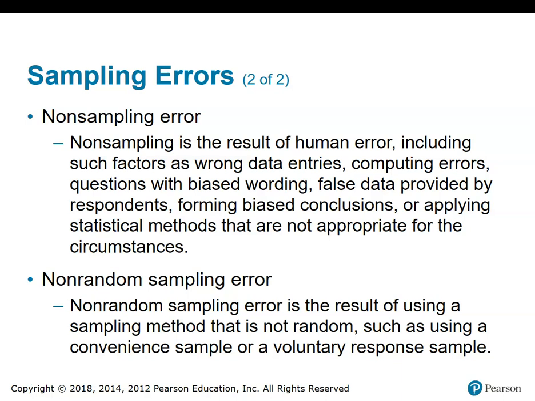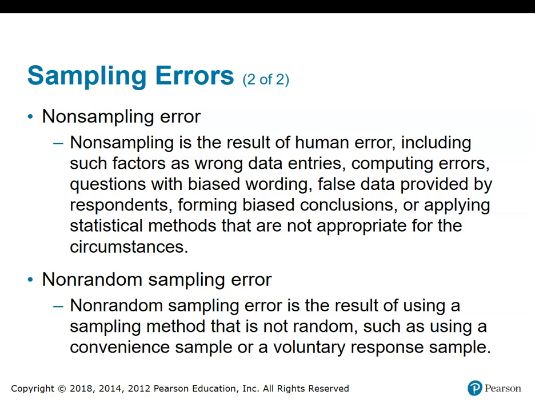So we talked about that before, these other things, but applying statistical methods that are not appropriate for the circumstances, we didn't talk about that yet, but sometimes we'll see that in the next section, or chapter 9. You've got to choose the right way to display the data and crunch the numbers, choose something that's